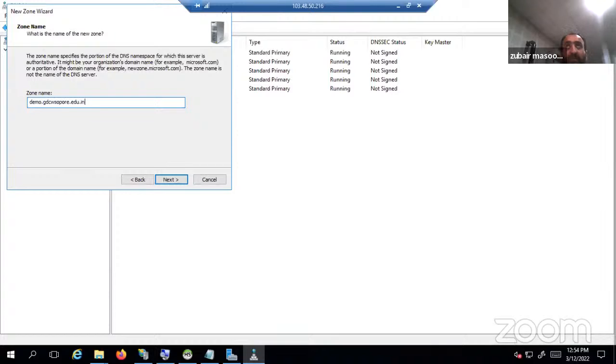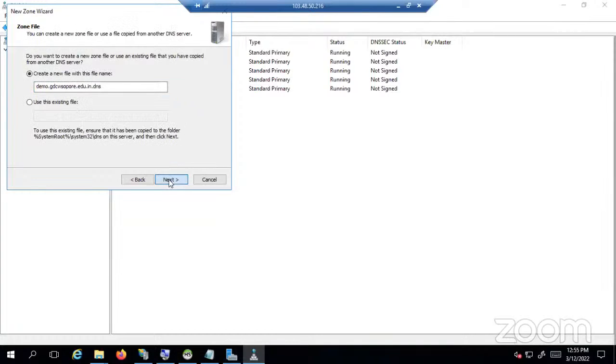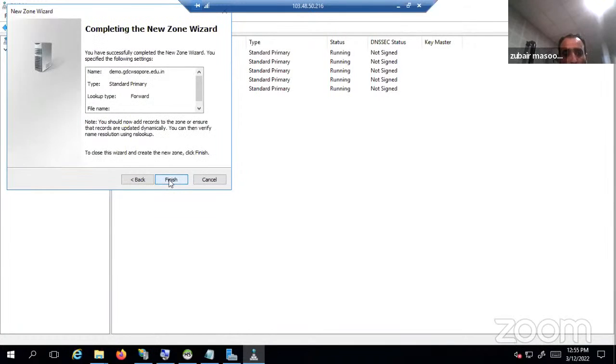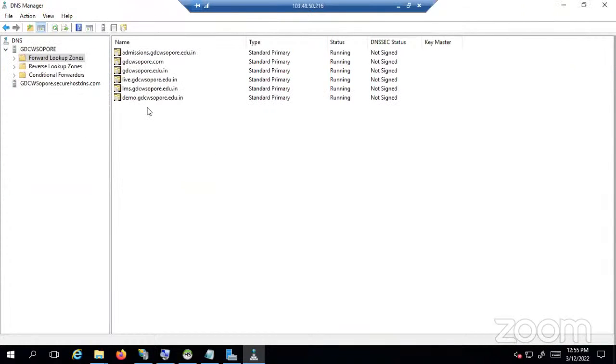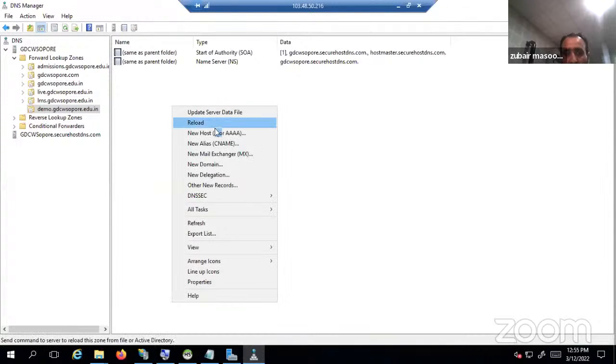I can name it demo.gdcwsupport.edu.in. Please remember, it takes some time for DNS to propagate, so it might not be available right away. It sometimes takes a lot of time for DNS to propagate, but we are setting up the entry now. So we are creating a new forward lookup zone. And inside this forward lookup zone, we are going to create a DNS entry of type A record, which is called